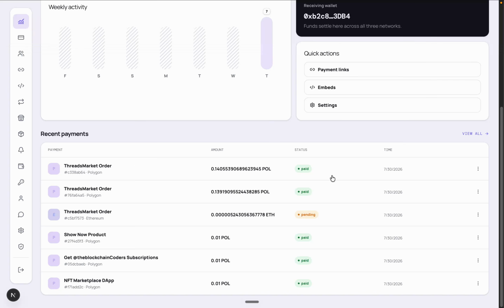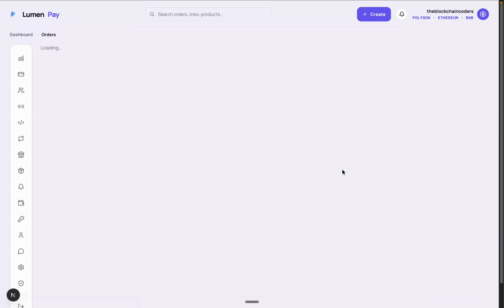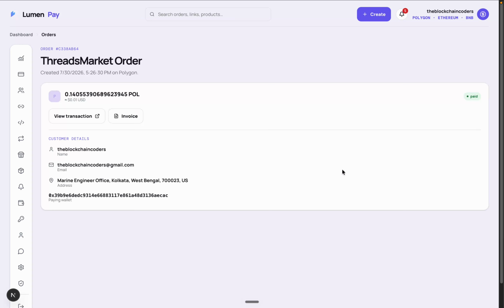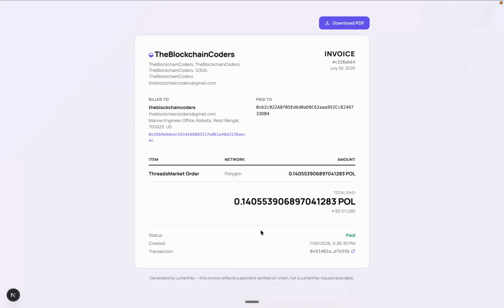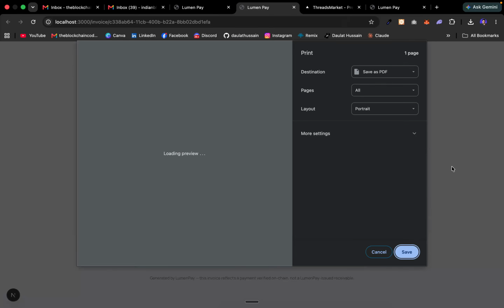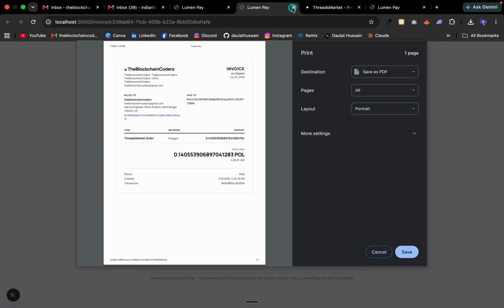So I'll simply come back here. If I want to see the status of the payment, I can click here, and I can simply download the invoice, copy the order ID, or I can click here and open this particular transaction, this particular order which I have received. And you can see that these are the details about the clients. If I want to view the transaction, I can view. I can also check the invoice of this particular transaction, and I can share it with the client, with the buyer. So it's loading, and this is our invoice of the transaction. I can simply download it and share. So this is what we have. I'll close this one and come back to the